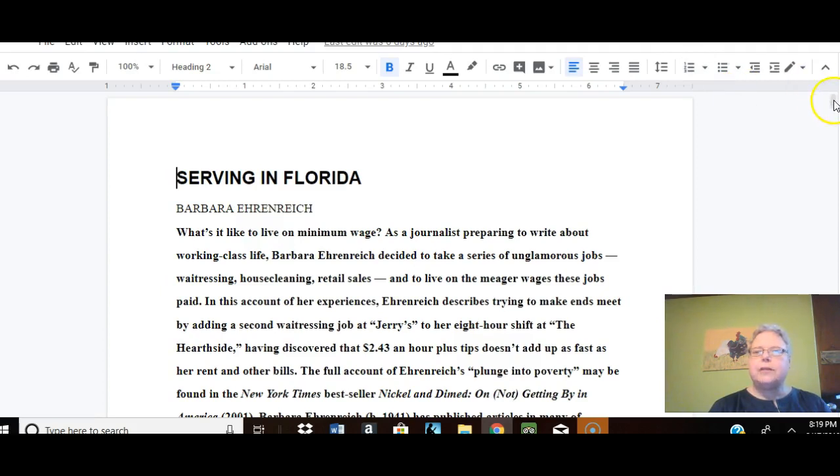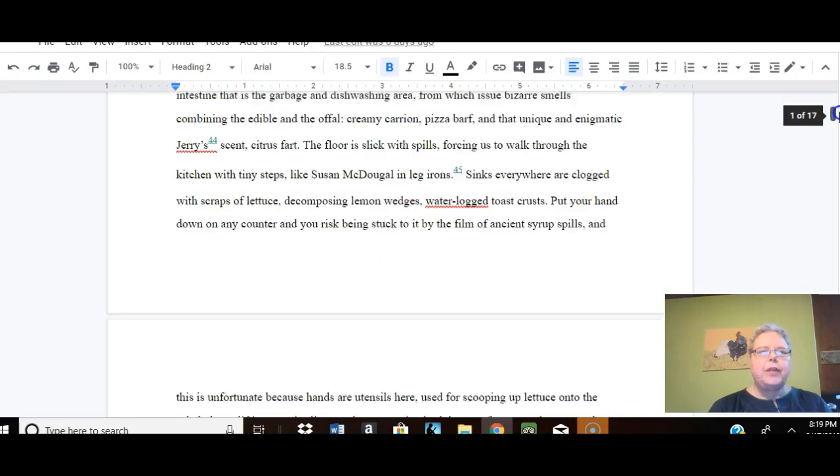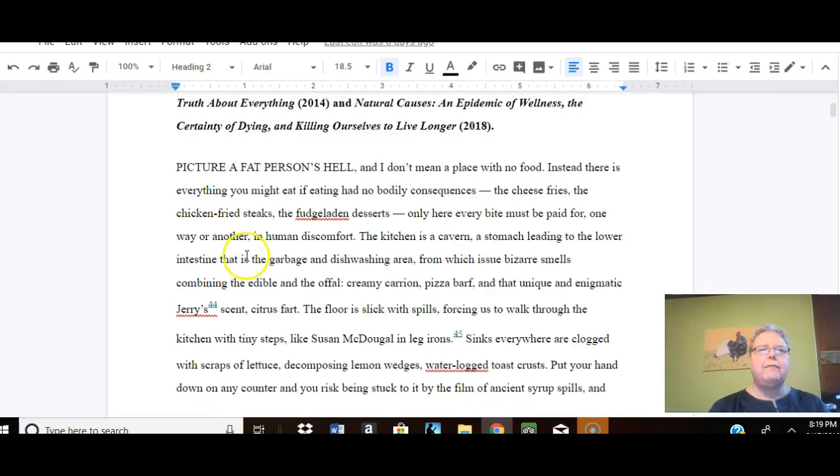Let's take a look at serving in Florida. She starts here with picture a fat person's hell. And I don't mean a place with no food. Instead, there's everything you might eat if eating had no bodily consequences. The cheese fries, the chicken fried steaks, the fudge-laden desserts. Only here, every bite must be paid for, one way or another, in human discomfort. What is she doing? She's describing, and she does a very good